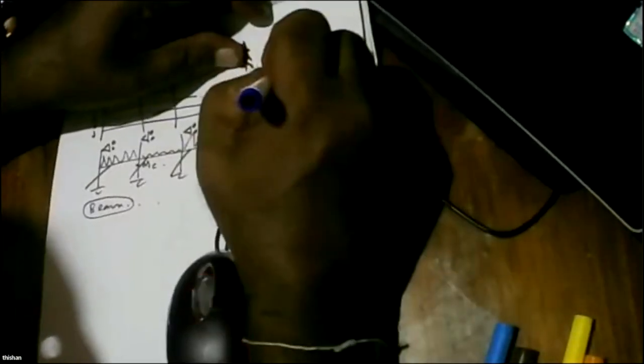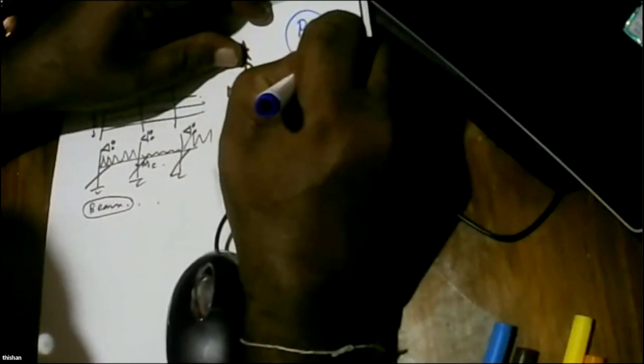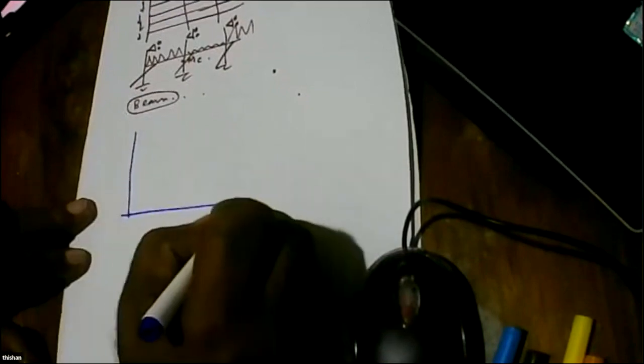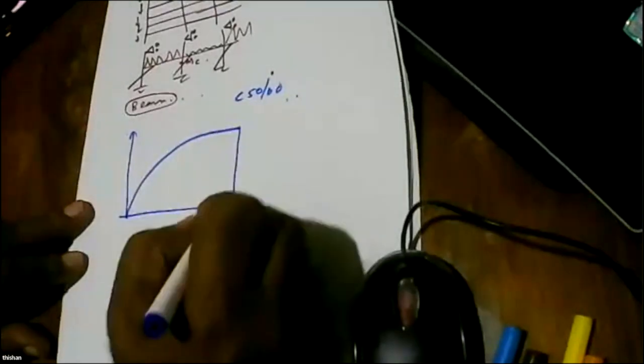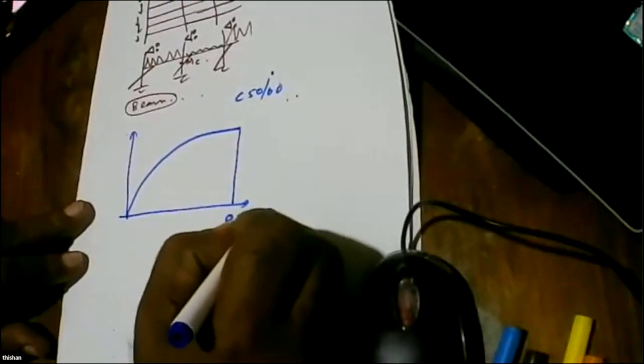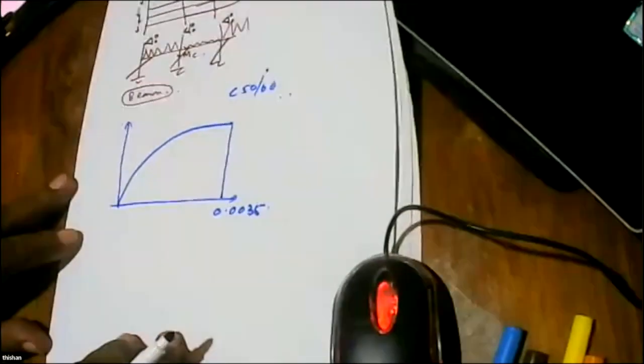And today is 27th, 12th, 20. Right. Now we are going to start talking about beams. So what is the stress strain curve? Up to C50/60 concrete, the stress strain curve will be like this with 0.0035. But if it is stronger than 60 megapascal concrete,